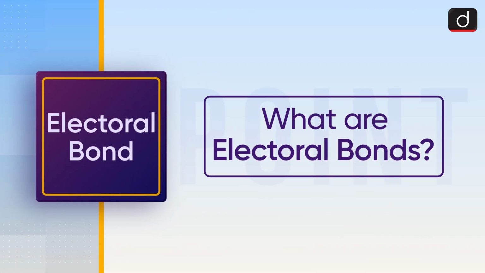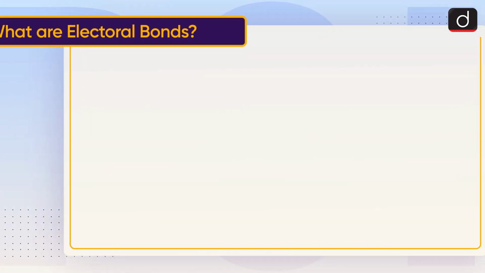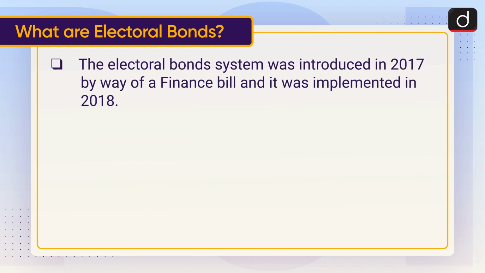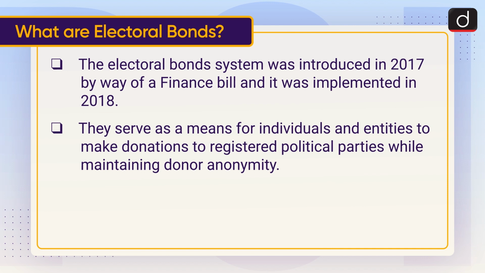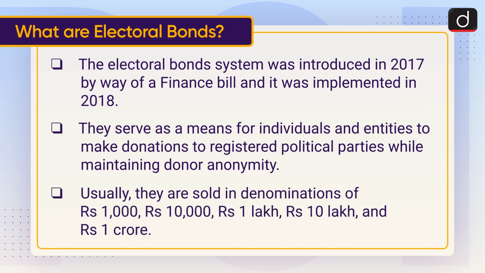Now let's discuss what are electoral bonds. The electoral bond system was introduced in 2017 by way of a finance bill and it was implemented in 2018. They serve as a means for individuals and entities to make donations to registered political parties while maintaining donor anonymity. Usually they are sold in denominations of Rs 1,000, Rs 10,000, Rs 1 lakh, Rs 10 lakh and Rs 1